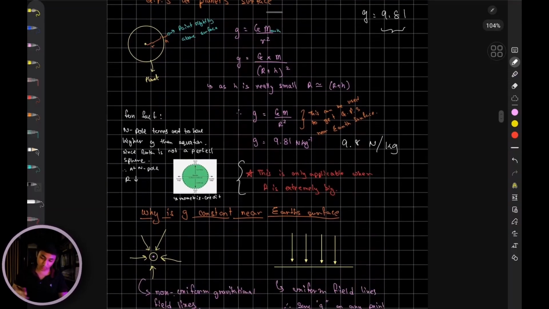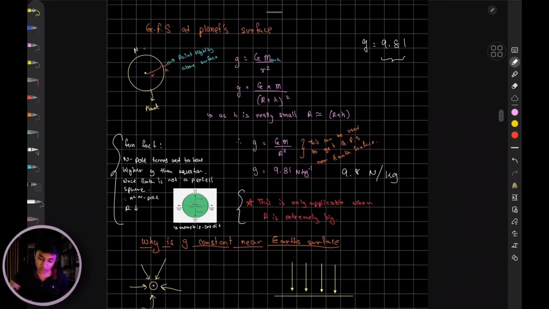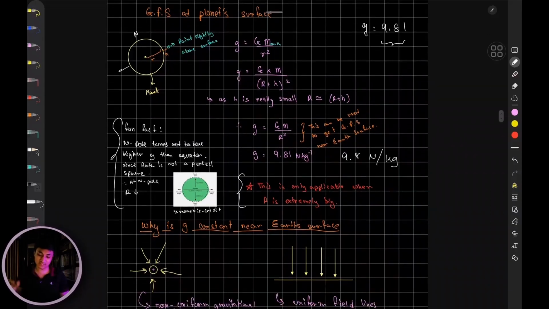The other thing I want to mention over here is the amount of gravity or gravitational field strength is actually different at the North Pole and on the line of equator. Now, why does this happen? The reason is, compared to the North Pole, notice